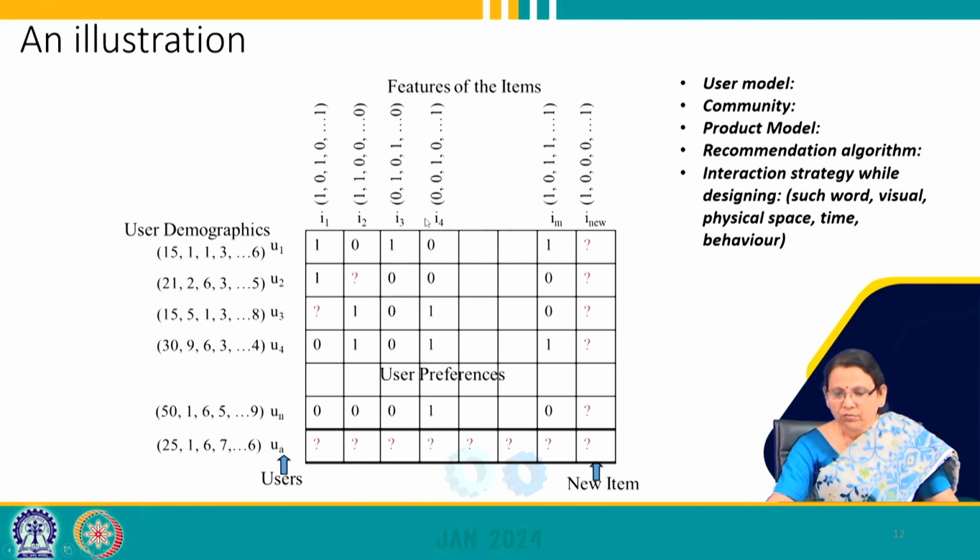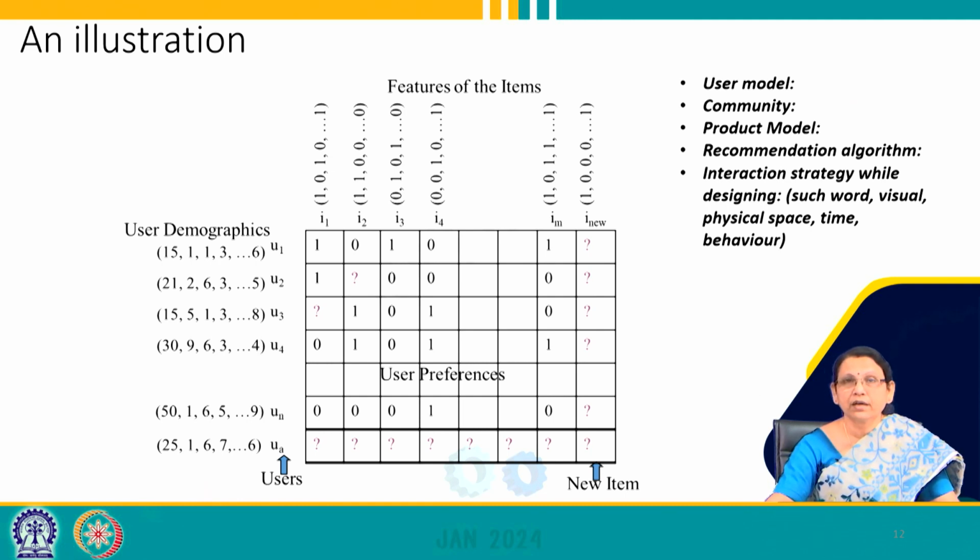Then we can have recommendation algorithm which will be deciding these question-marked places where you will be predicting certain values. Then you can have interaction strategy, where you have to decide what should be your choice of words, what should be your choice of visuals, and in what kind of physical space the user is going to use this